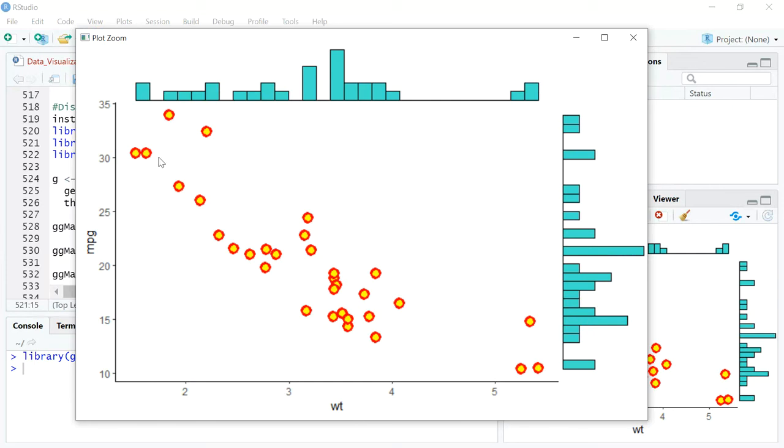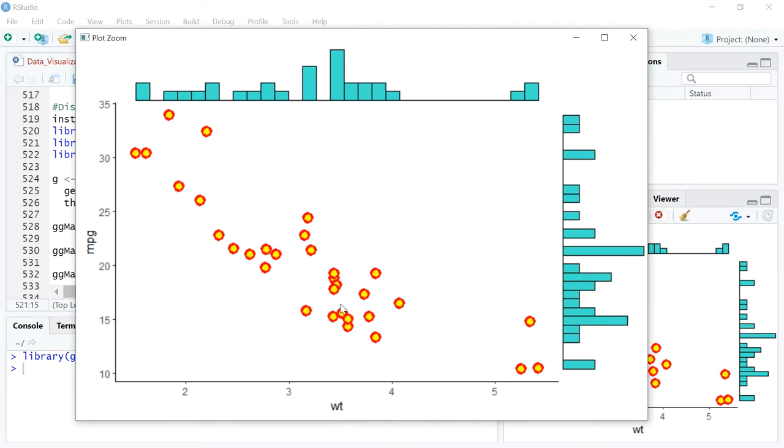These plots are like basic scatter plots. We've already looked at how we can draw scatter plots, how we can use the stroke function to determine the thickness or the width of the border, and so on and so forth. So what are we trying to do here? In this plot, if you observe, there are two aspects. The first aspect is I can actually see the number of observations, and I see that there is a negative correlation. The more the weight of the car, as the weight tends towards 5, you can see that the mileage is dropping to 10. And as the weight tends towards 2 or even lesser, the mileage goes on increasing. So that's what you see on this plot.